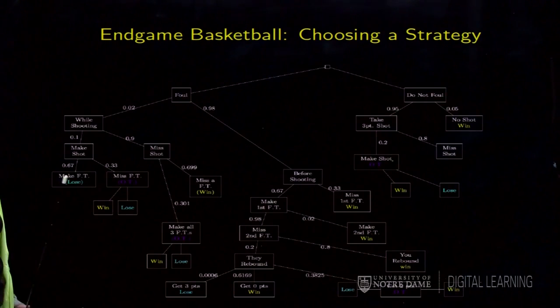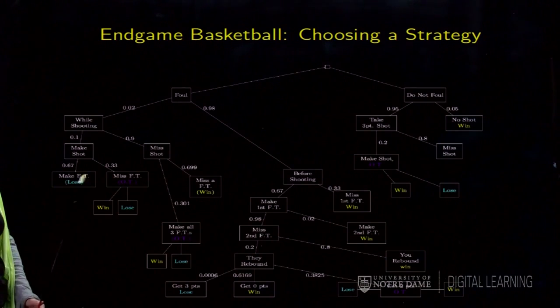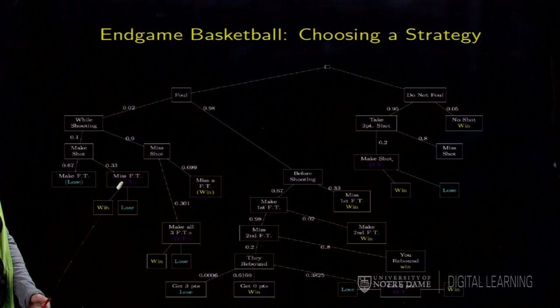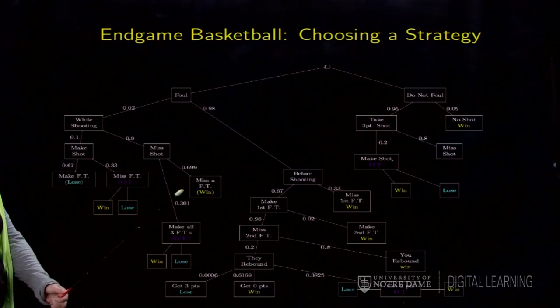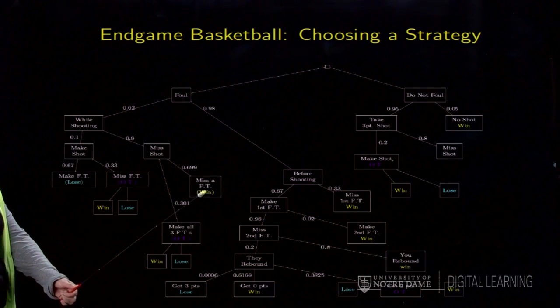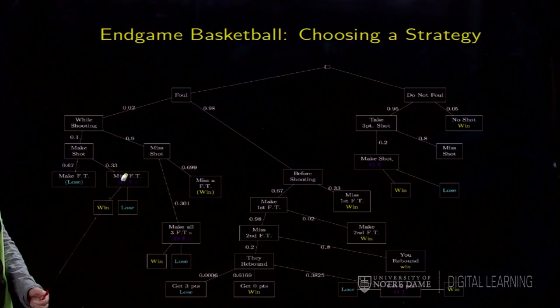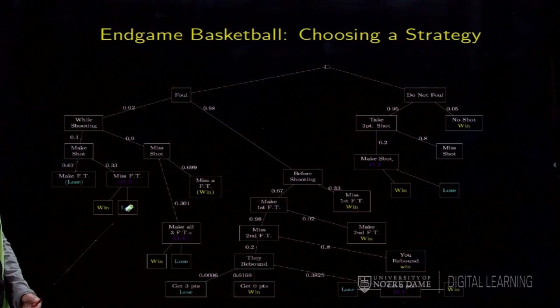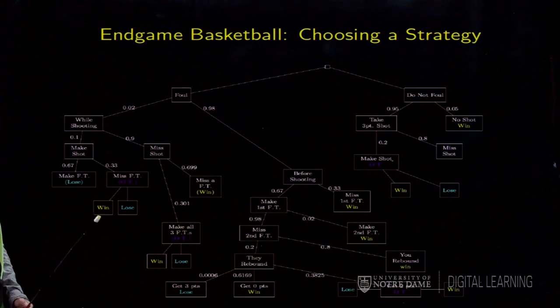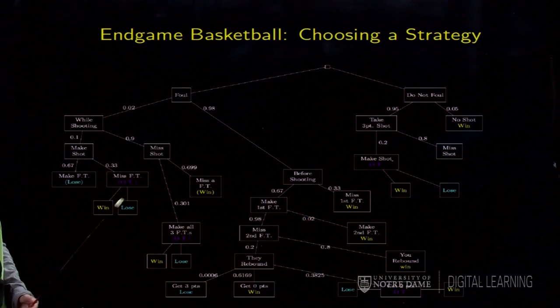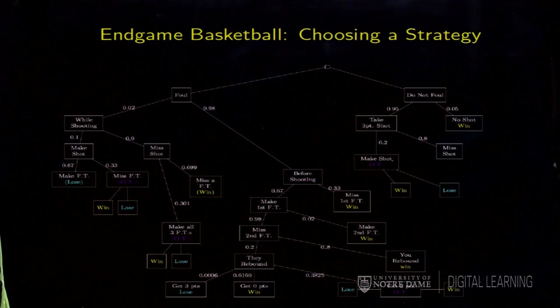So we can see that 3 things can happen in regular time. Either your team can lose, or it can be a draw and the game can go into overtime, or your team might actually win in regular time. And if the game goes into overtime, then there's a chance that you might win or you might lose. So your team losing is shown in blue here, and your team winning is written as a win in yellow, and overtime is in purple.